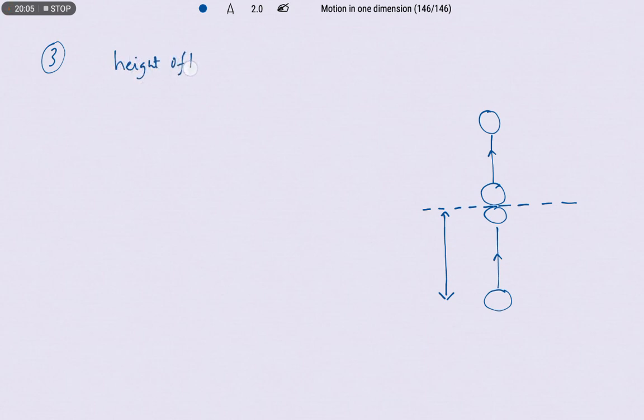the height of the point where the two objects will meet above the ground. That we need to find. This height we need to find. Suppose this height I am taking as y. Okay. So let us see, if we calculate the height of the object which is thrown vertically upwards, that is